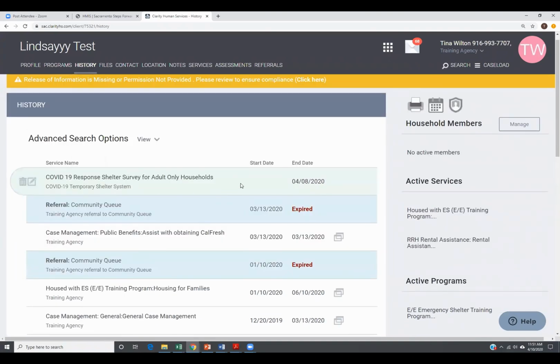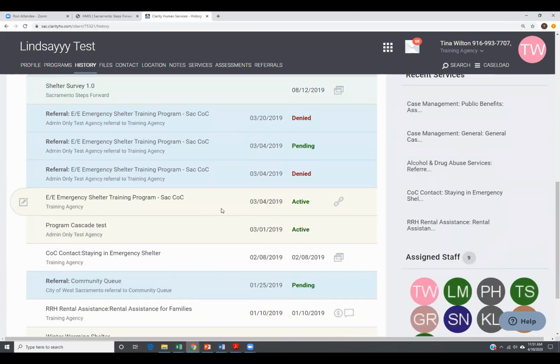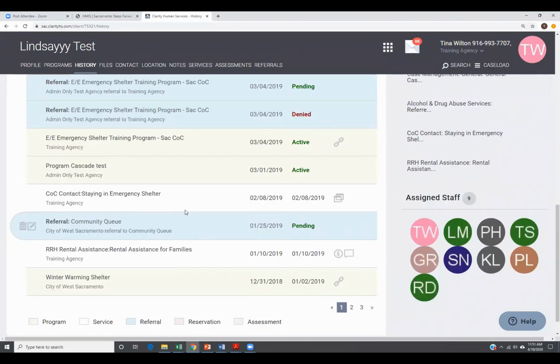So greens are assessments or the surveys, blues are referrals, whites are services, and yellows are program enrollments, and pink is a reservation. This is again around services. So we don't see too many of those. To kind of give you some information of what we're seeing here on this page,